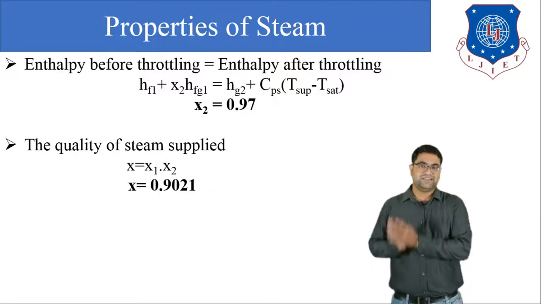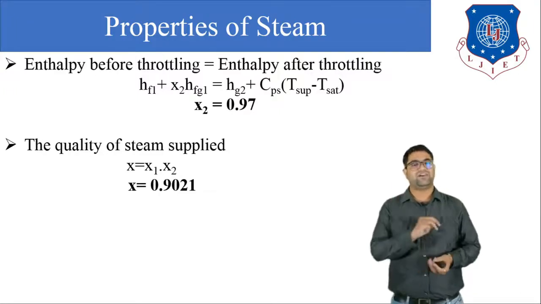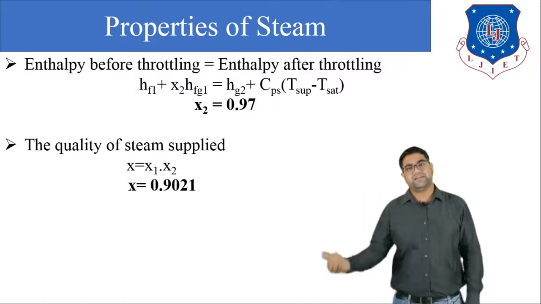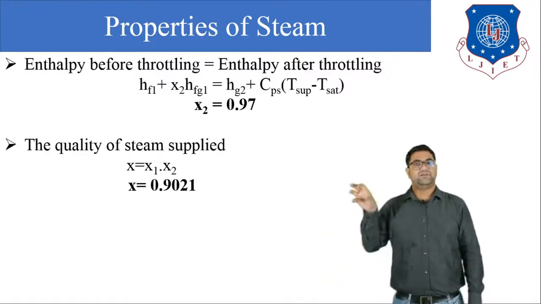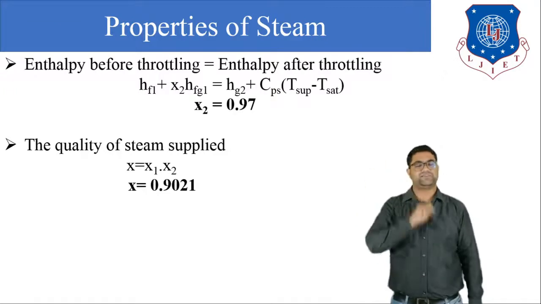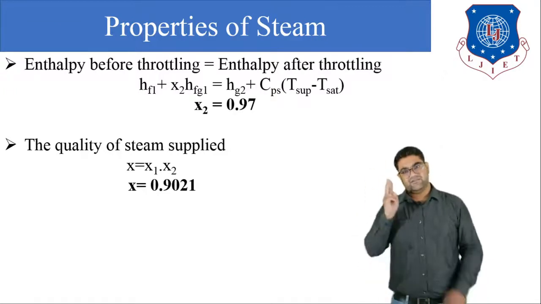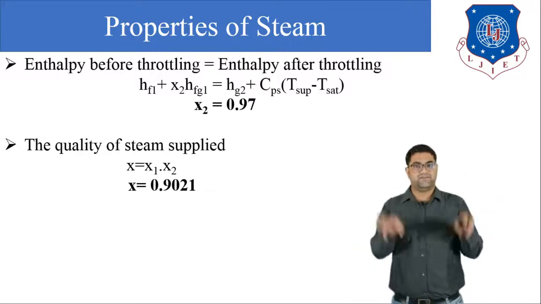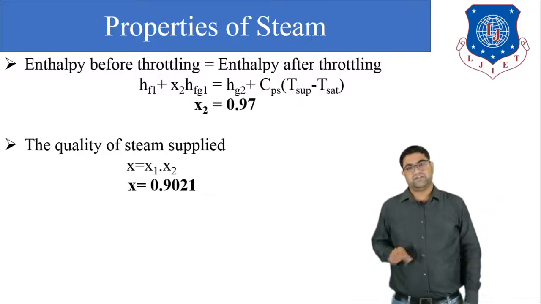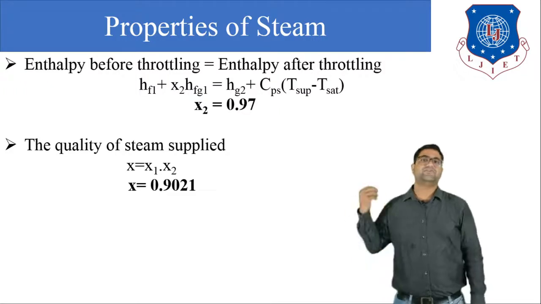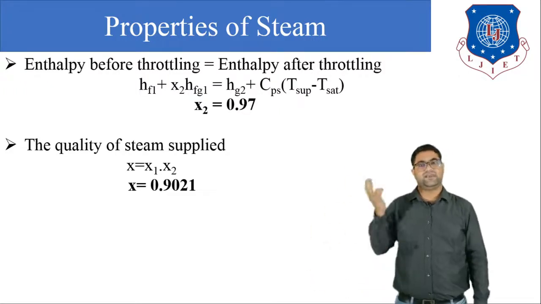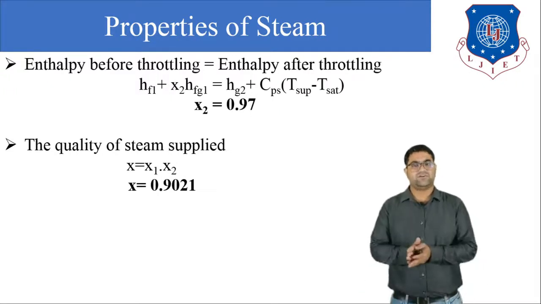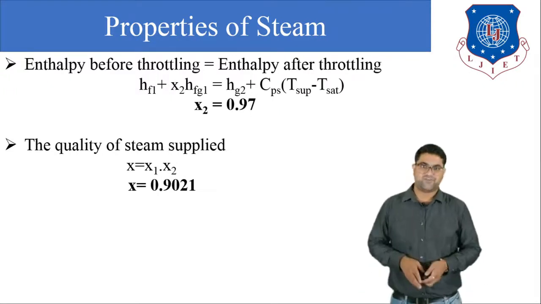So in this lecture we have calculated three different numericals. In the first numerical, we understood how the internal energy and enthalpy of wet steam, dry steam and superheated steam are calculated. Second, we understood how we can convert water into superheated steam by giving a particular amount of heat. And third, we understood how we can calculate the quality of steam with the help of separating and throttling calorimeter. Okay, so this is all about today's lecture.